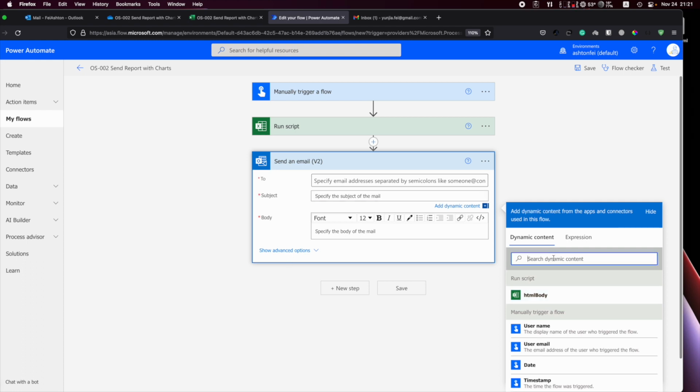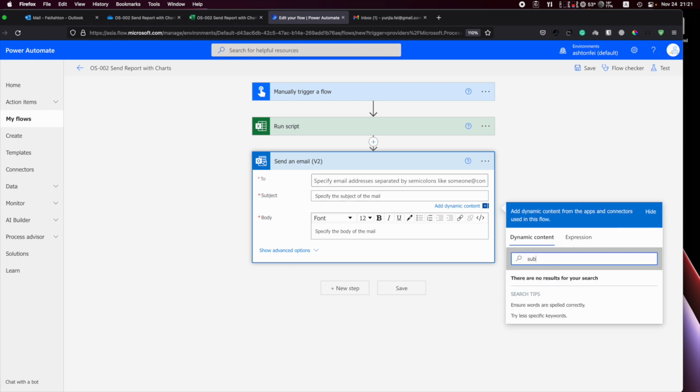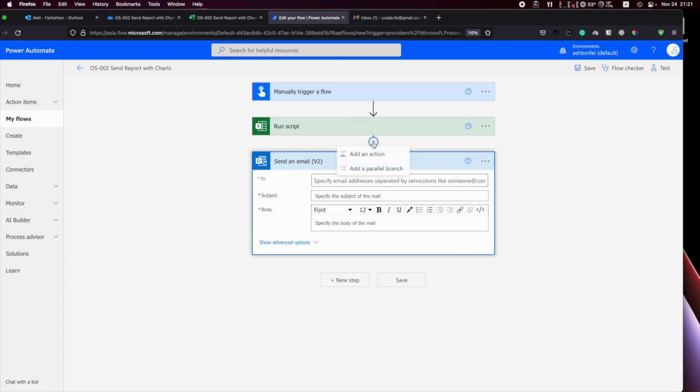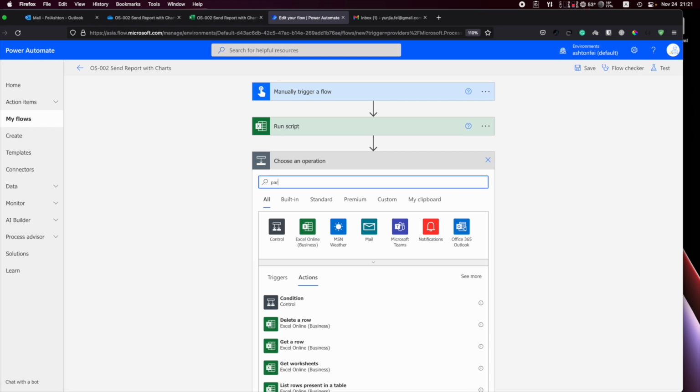No, let's say subject. Okay, you know what? We need to parse the JSON object. So let's add another step to parse this JSON object a little bit,